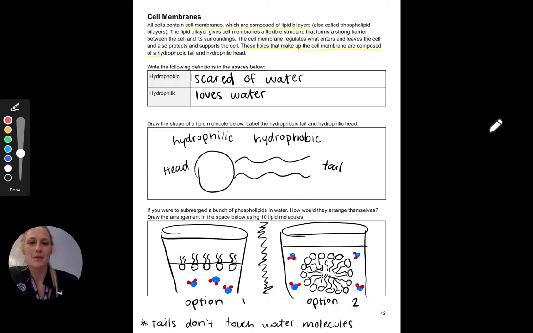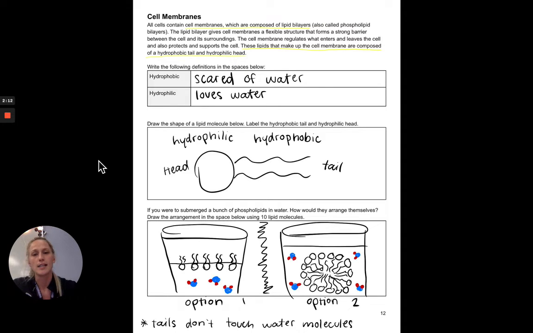These lipids that make up the cell membrane are composed of a hydrophobic tail and a hydrophilic head. So let's go ahead and write the definitions in the space below. You probably already have some knowledge of what hydro means and what phobic means or what philic means. If something is hydrophobic, if you have a phobia, you're scared, right? So this particular term means that the tail of the lipid molecule is scared of water. It's kind of a silly term, but we say the tail is hydrophobic, it's scared of water, and then